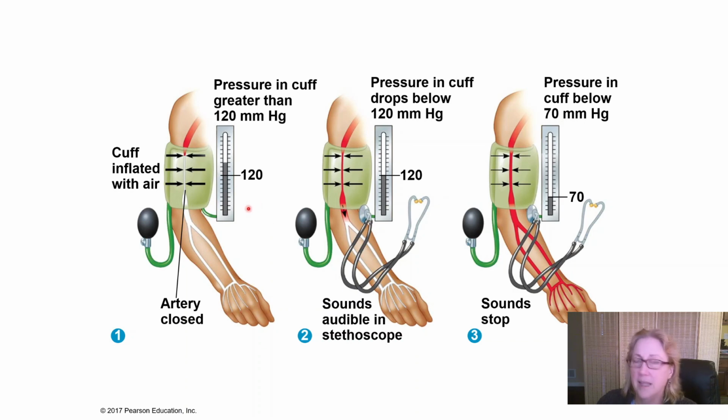Generally they pump it up pretty high if they don't know what the person's blood pressure might be, because they don't want to have to take it a second time. If you underguess the high one, then you just have to redo it. Then you need to listen with a stethoscope in the crook of your elbow, because what they're listening for is that blood to start to squeeze past that cuff as they lower the pressure. They're listening to your artery below the cuff. And they should hear nothing when they first put it on because the blood is cut off.